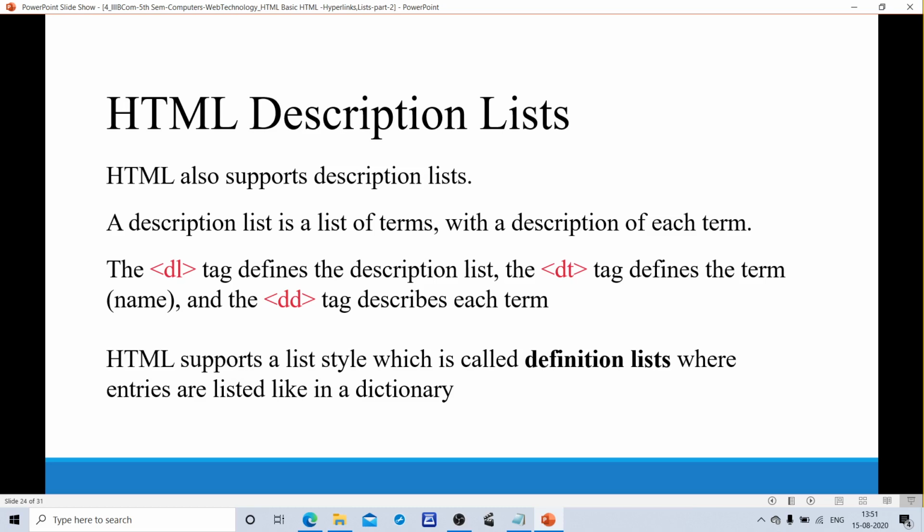The DL tag defines the description list. The DT tag defines the term or name of the item. The DD tag describes each term. HTML supports a list style which is called a definition list, where entries are listed like in a dictionary.